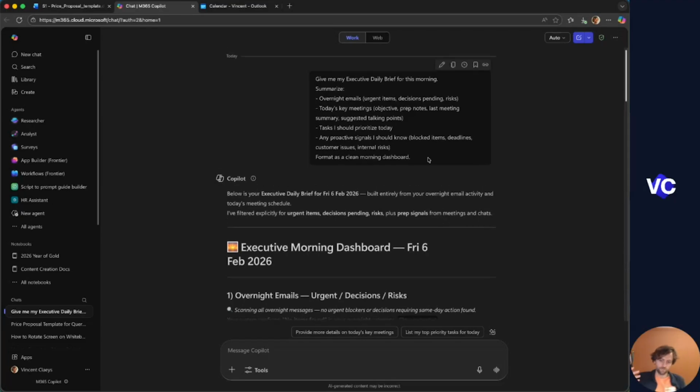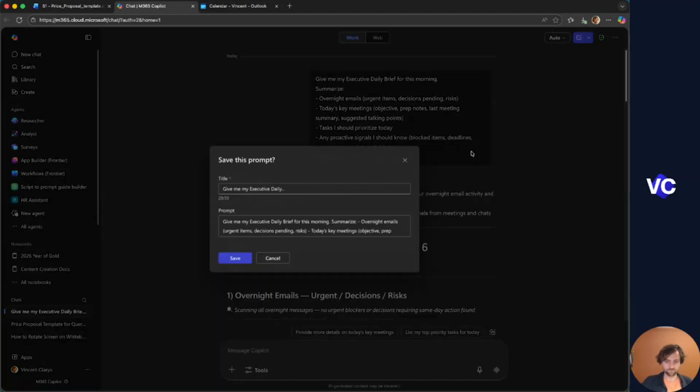Now another, not a shortcut, but a way to increase the adoption of Copilot is when you have a good prompt, share it, right? Save it and share it. So how can you do that? Again, you hover over your prompt, click on save prompt. You can give it a name and then it will have the prompt here, and you can just click on